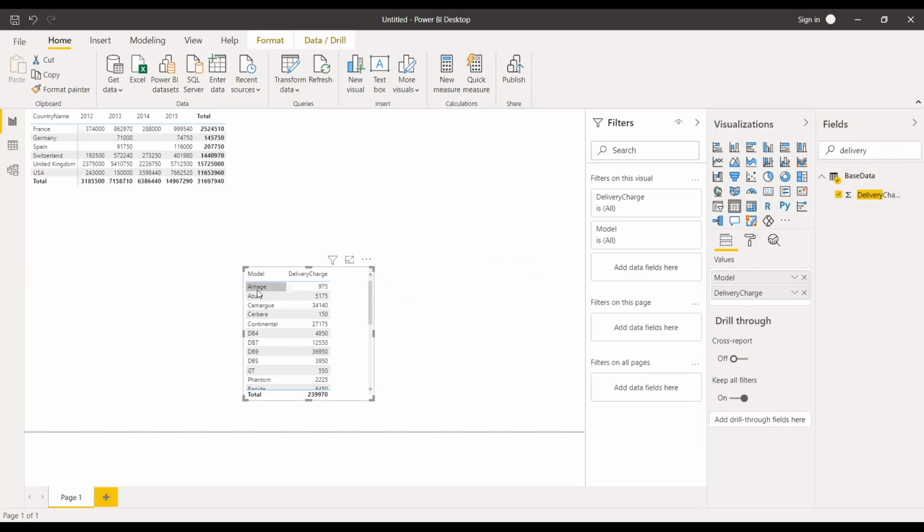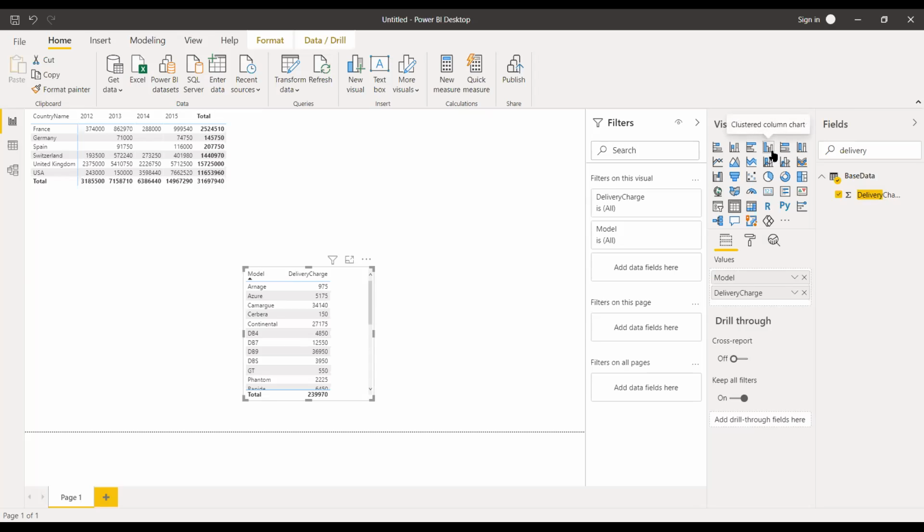Now we have model and the delivery charges of that specific model. So in this way, you are going to design your reports.